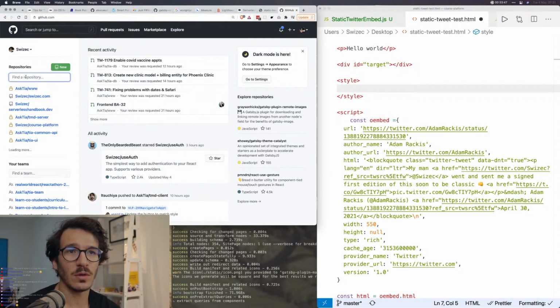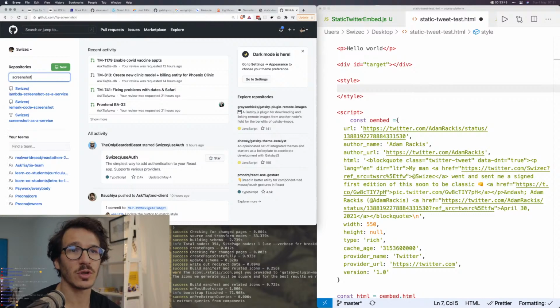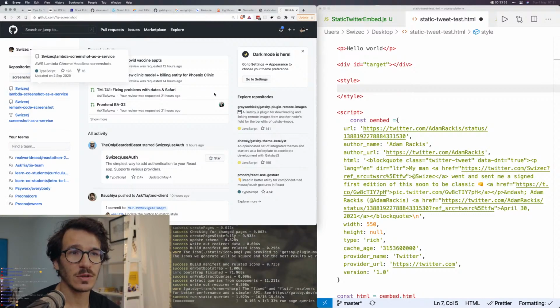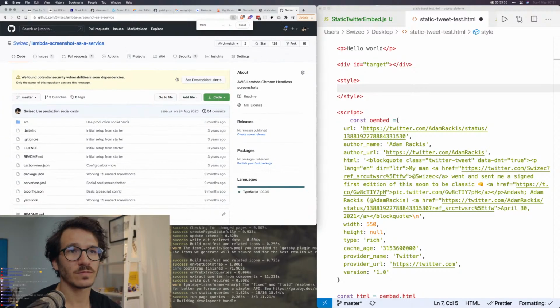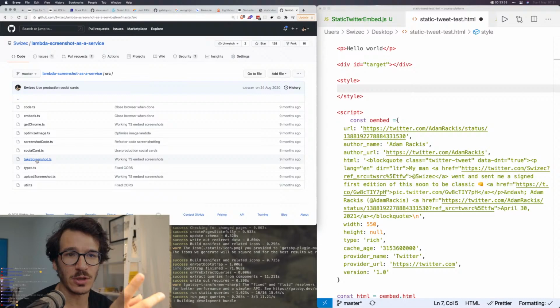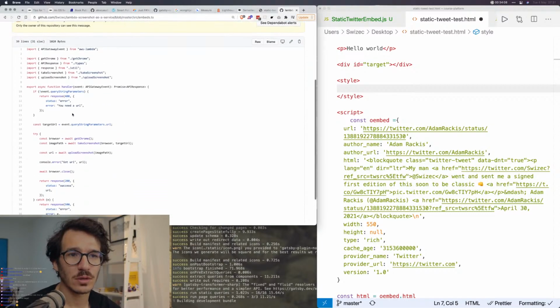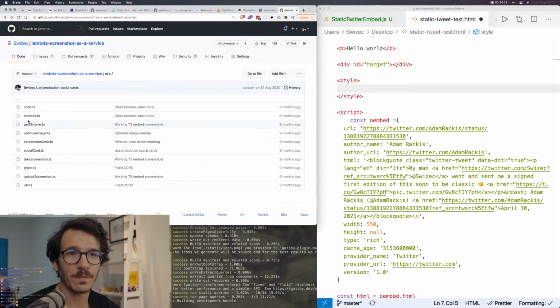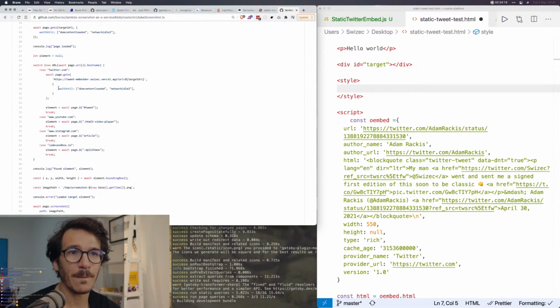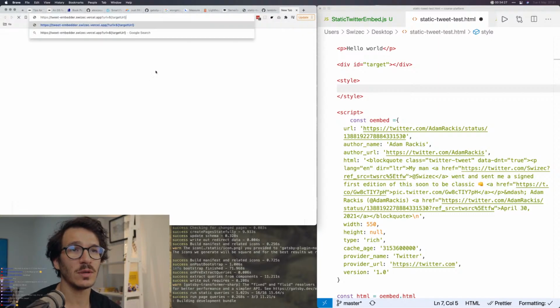So I need to look up a URL for something. I'm going to go to my screenshot Lambda. Lambda screenshot is a service. This one embeds tweets by calling a page that's running on Vercel. So embeds, I'm just going to look that up. So take screenshot, upload screenshot. Come on, I know it's somewhere. Embeds code, get Chrome, take screenshot. Is it that? Yeah. So we have tweet embedder, which takes a URL of a tweet and embeds it,